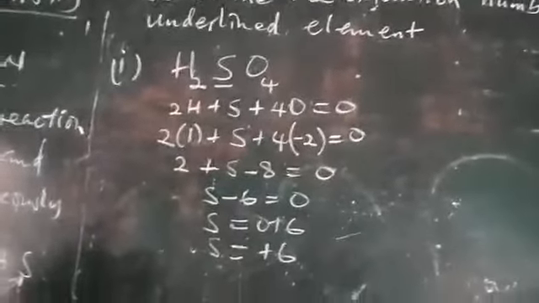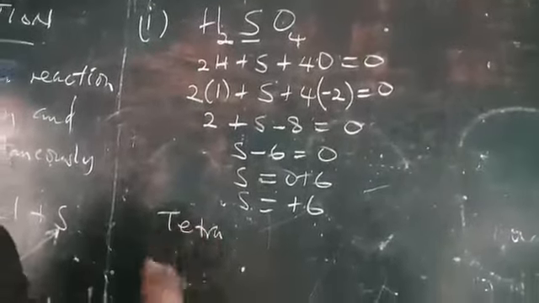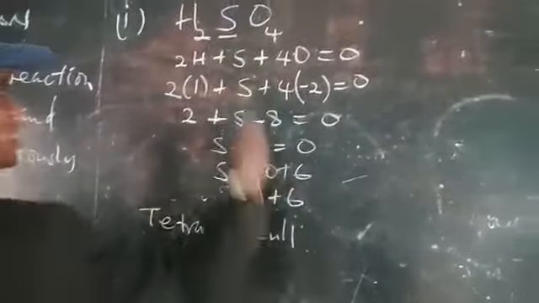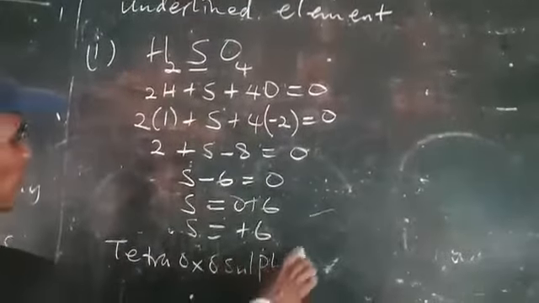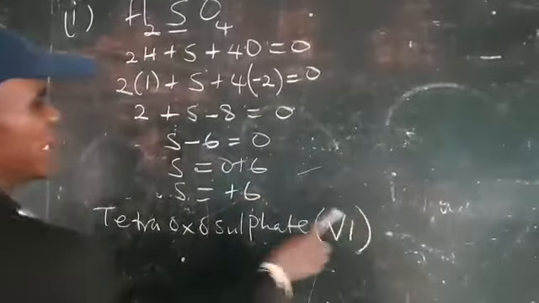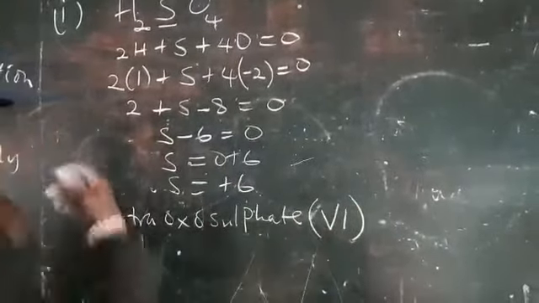If it is 3, we say tri. The 4 there is tetra. So I have the right to say tetra-ozo. Oxygen means ozo here. Sulfate, that is what we have done, the calculation for the sulfur. Sulfate, and we got 6. I have the right now to put 6 in brackets, in Roman numerals. But in Roman numerals, that means tetraozosulfate(VI).